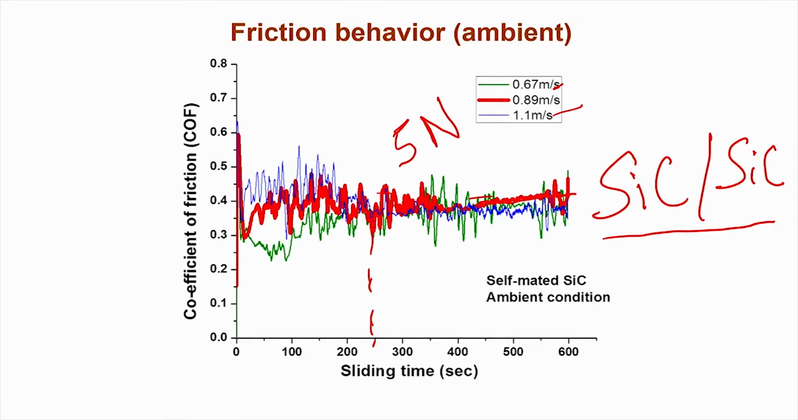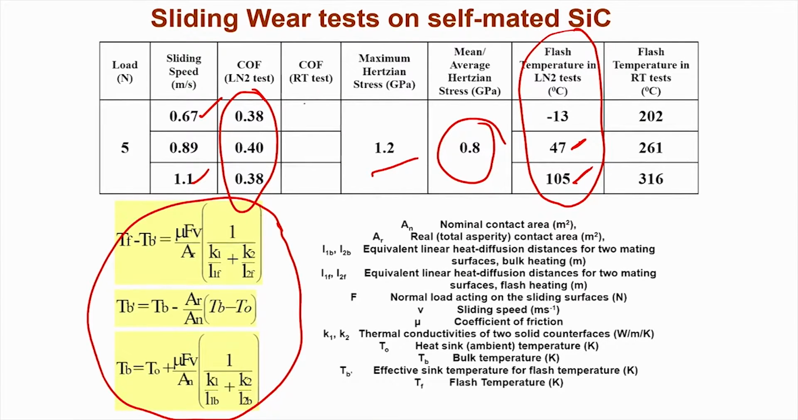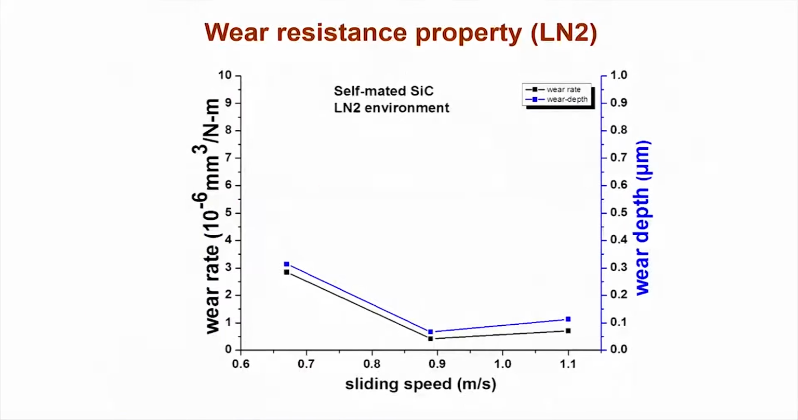So, if you go back to this particular table where these things are fill in the blanks, you can now fill in the blanks because there is not much difference in terms of the steady state coefficient of friction between room temperature and liquid nitrogen tests. Now, as far as the quantitative data on the wear resistance is concerned, these are the results we have obtained